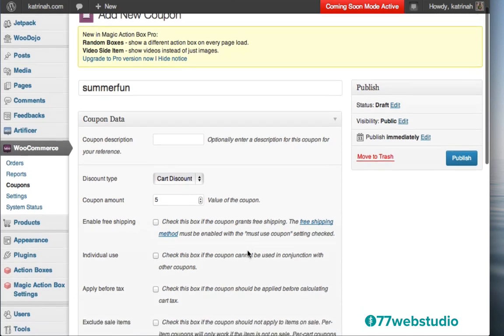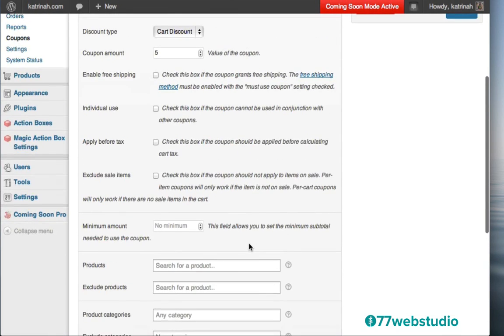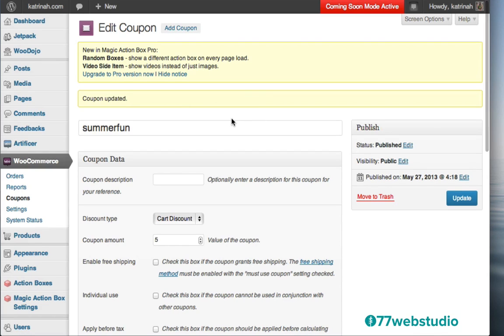And you can see if you scroll down, there's all these other different criteria and settings that you can choose to specify what this coupon is for and all of the different details of the coupon. I'm going to keep this coupon really simple by just giving it a code and a general order amount, and then I'm going to click Publish to publish this coupon. Okay, so the coupon has been created. Let's go take a look at our website now. I'm going to go up to the top and click on Visit Site.